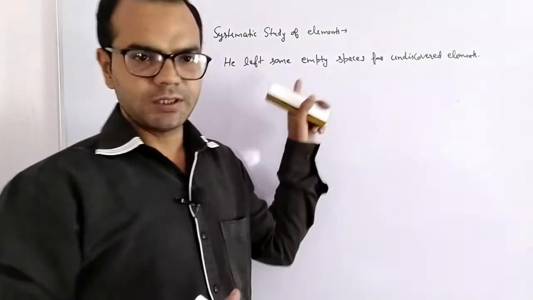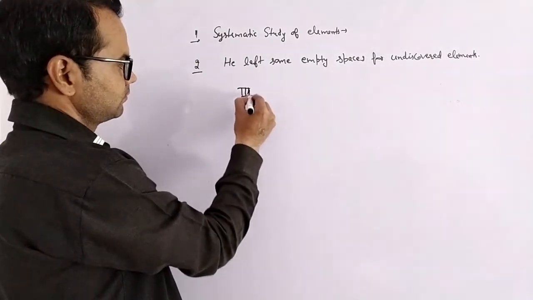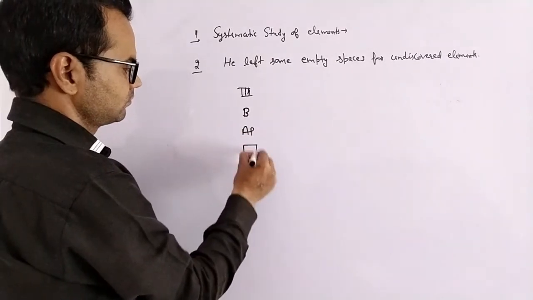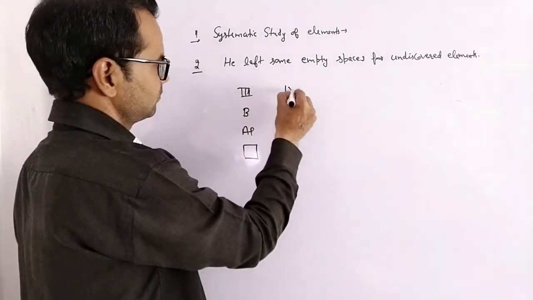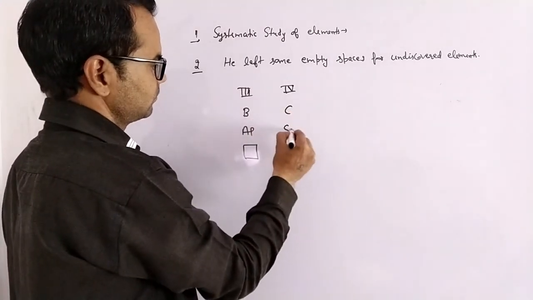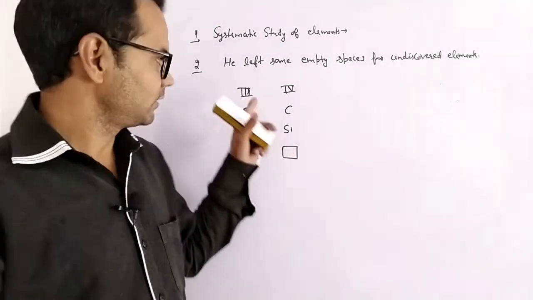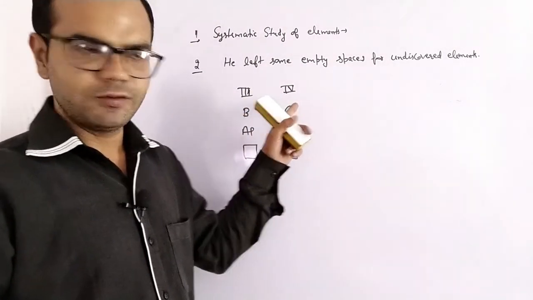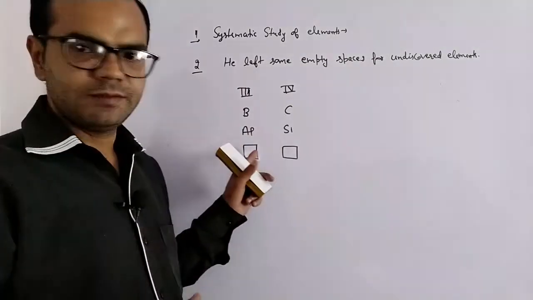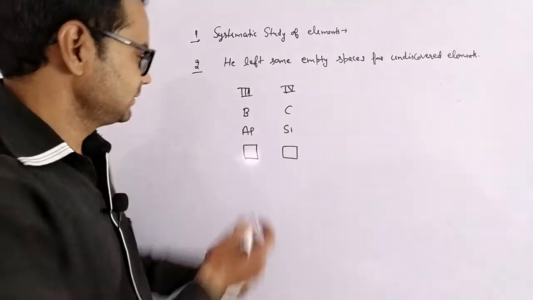For example, in group third A, we have two examples for group number third and group number fourth. In group third, he left an empty box. At that time, that element was unknown, so he gave a name to the empty box